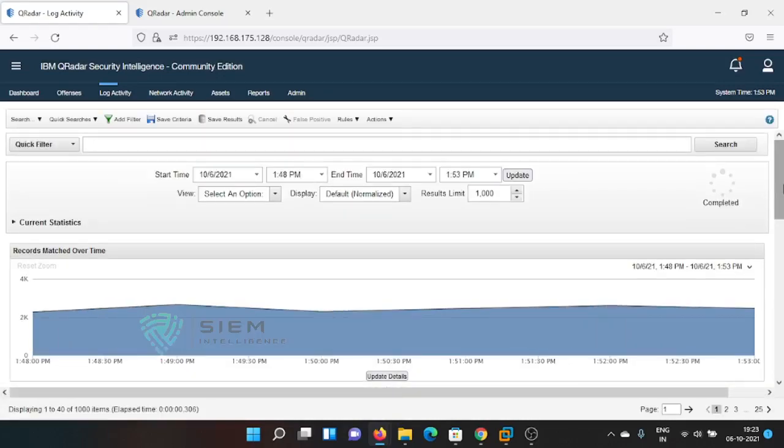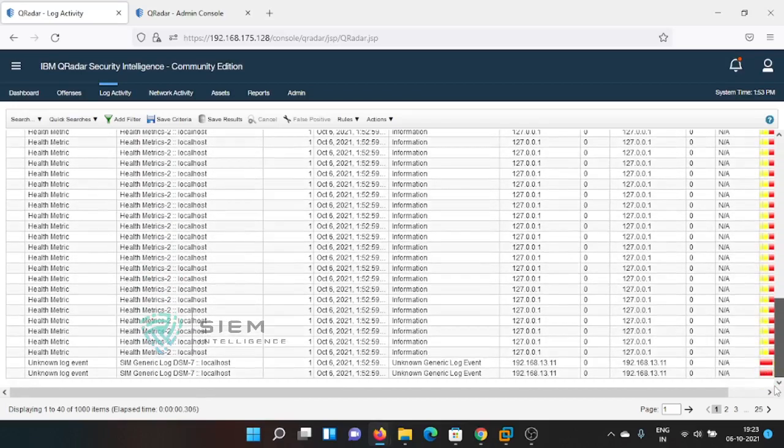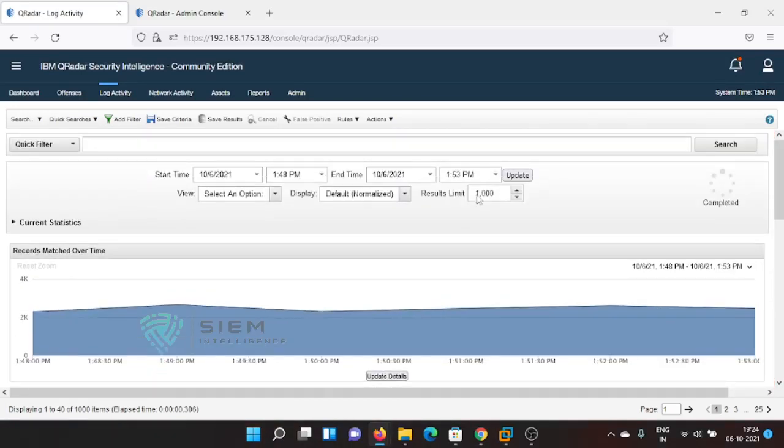Though there may be so many logs in the last 5 minutes, I limit my count to 1000. Last 1000 means from the present time back to the last 1000 logs.